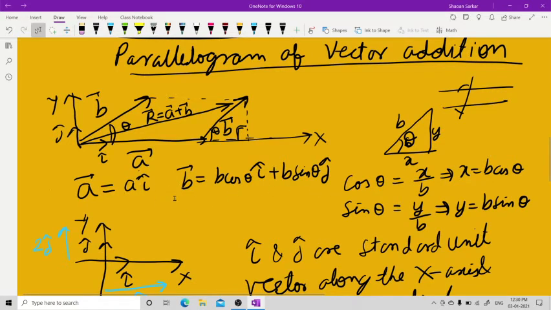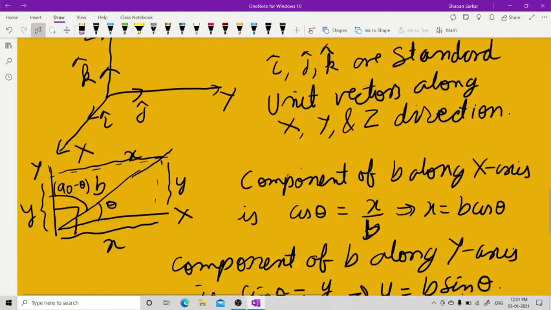And now A, I hope you have understood. A, this is a unit vector. You multiply some quantity with that vector, see, this is a unit vector. You multiply a certain quantity with a unit vector, it becomes large. That A is A i cap because it is in the x direction. This is the x direction. This is the x as well as the component of B along the x and along the y direction. I hope now you have understood. All of you have understood this much, I hope so. If not, you can write to me in the comment.